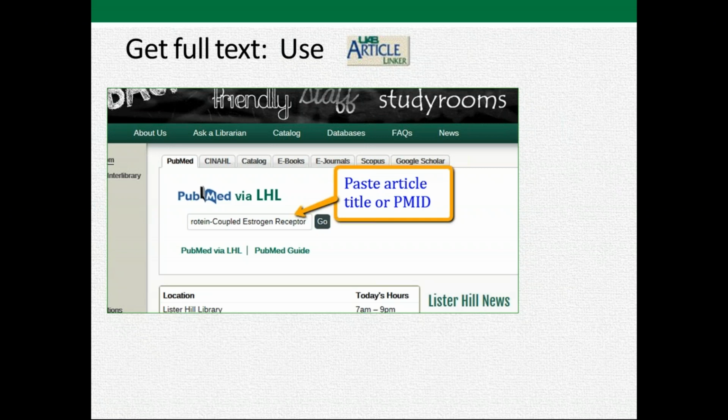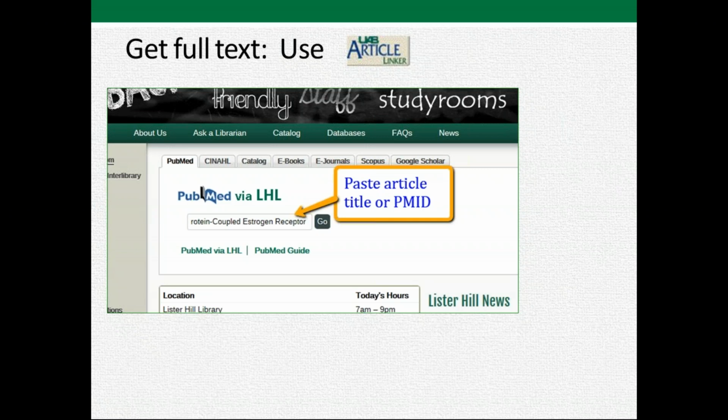We've been in kind of a transition period over the last year or so. We're moving to a new platform for our catalog, our online resources, and our link resolvers. We're still currently using the UAB article linker as our link resolver to get to full text, especially for the Lister Hill Library stuff where I work. The new link resolver on our new platform doesn't work quite as well with our resources as we think it should, so we're working out the kinks on that. We're still using the article linker.